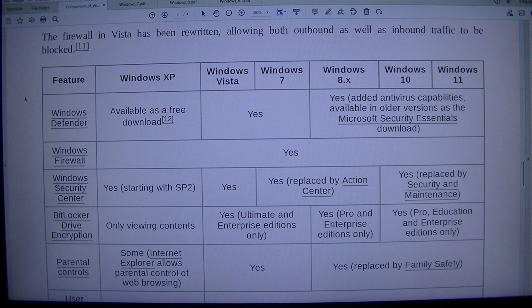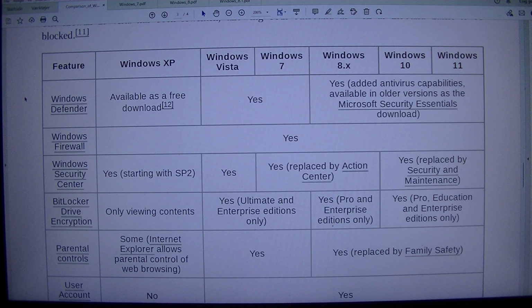Feature: Windows XP, Windows Vista, Windows 7, Windows 8.x, Windows 10, Windows 11. Windows Defender: available as a free download. Yes. Added antivirus capabilities; available in older versions as the Microsoft Security Essentials download. Windows Firewall: yes. Windows Security Center: yes, starting with SP2, yes, replaced by Action Center, yes, replaced by Security and Maintenance. BitLocker drive encryption: only